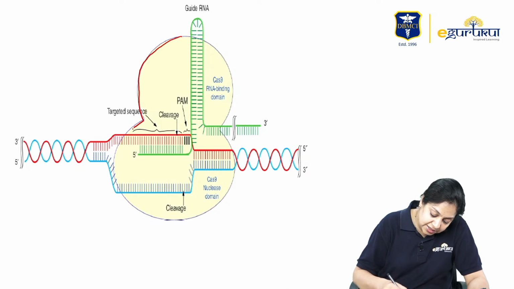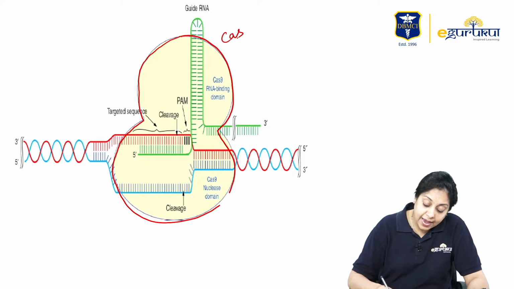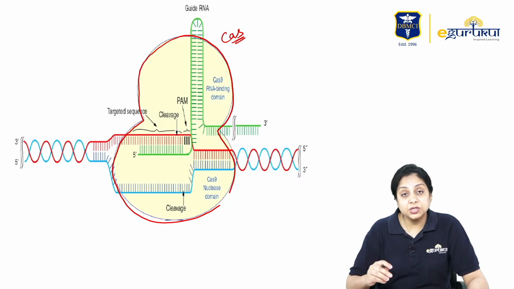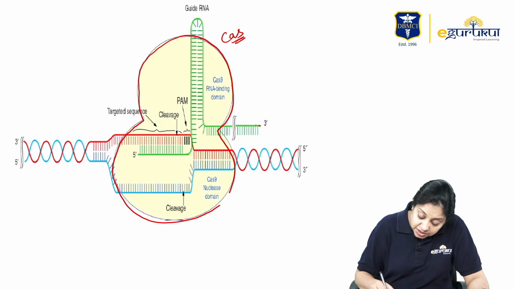Do you see this kind of a ribosome or figure-8 kind of structure? What is this? This is your Cas enzyme. This is your Cas9 enzyme, right? So the Cas9 enzyme is indicated here in this yellow shaded thing. And then you see this green